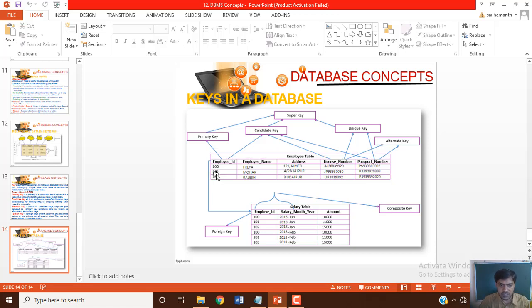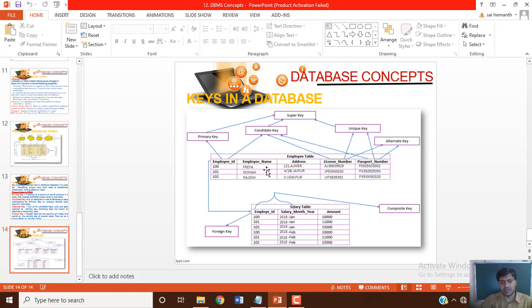Now the primary key is itself a unique key and itself a candidate key. It must first satisfy being a candidate key, and only then does it become the primary key. A candidate key is nothing but a field, column or attribute which contains unique values.